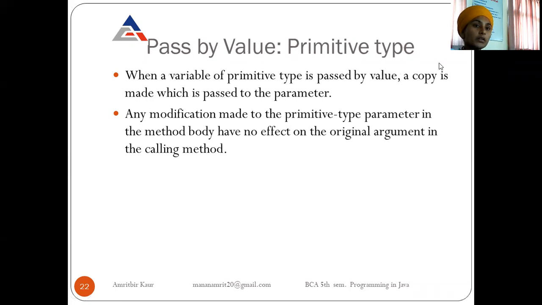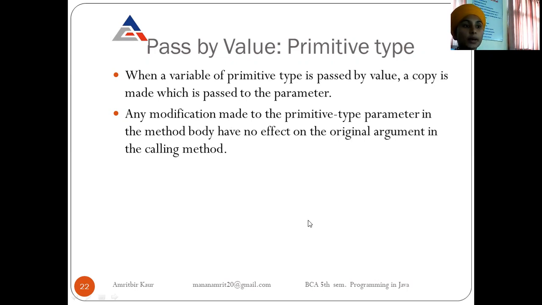When a variable of a primitive type is passed by value, a copy is made which is passed to the parameter. As we know, in assignment, when passing a value of primitive type, a copy will be passed.